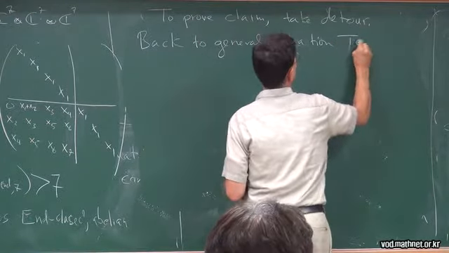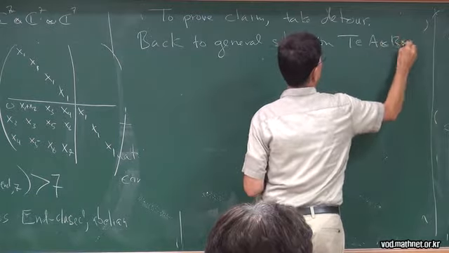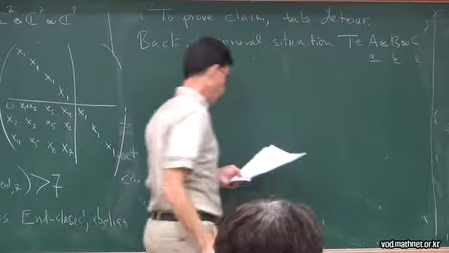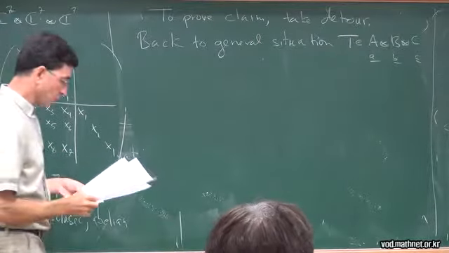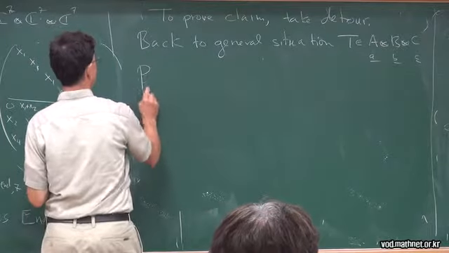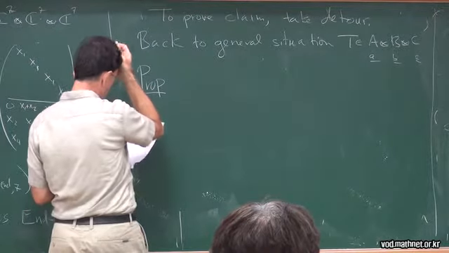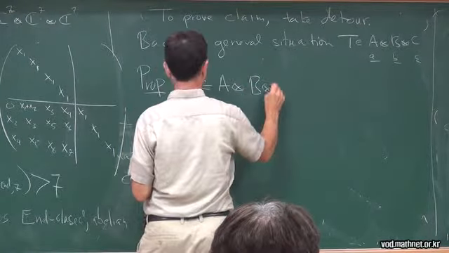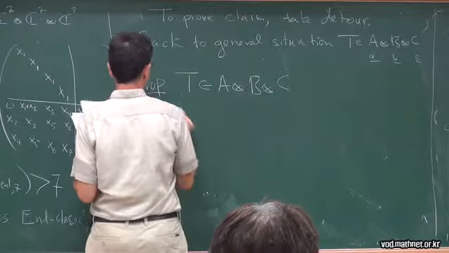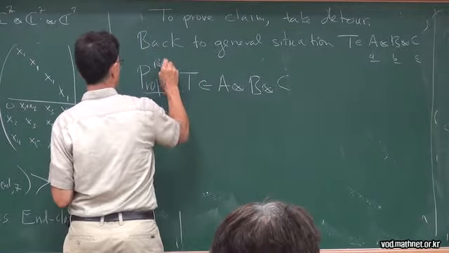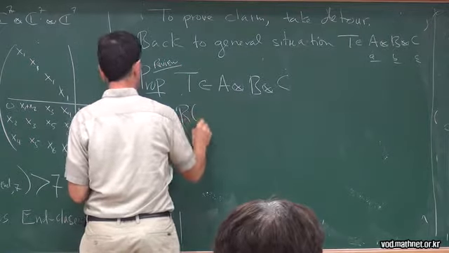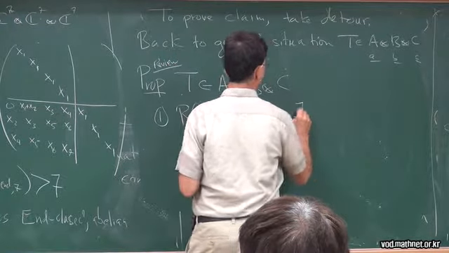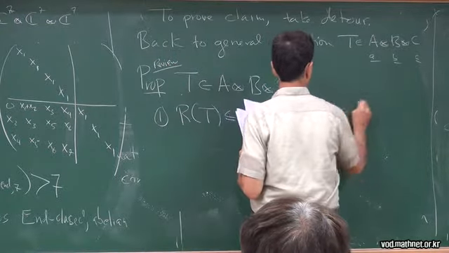Situation: T in A ⊗ B ⊗ C. These can have any dimensions. This is dimension A, dimension B, dimension C. Completely general situation. So, proposition. Given a tensor, well, this is a kind of review. The rank of T is at most R if and only if there exists an R plane in the Grassmannian